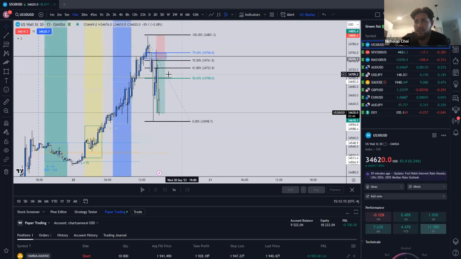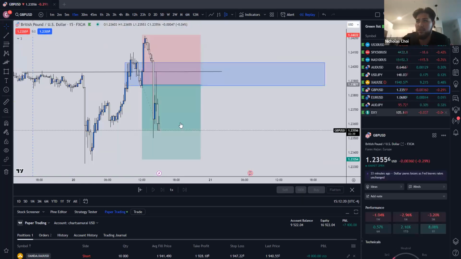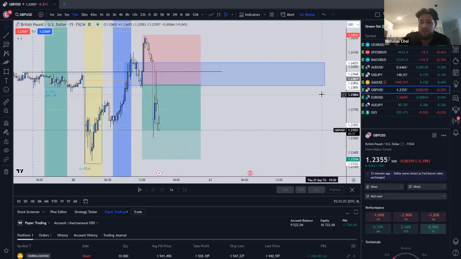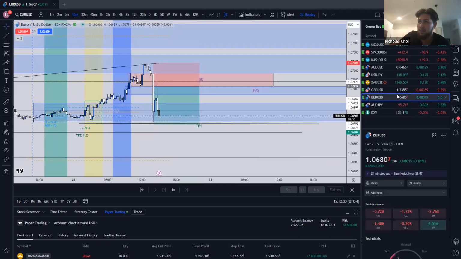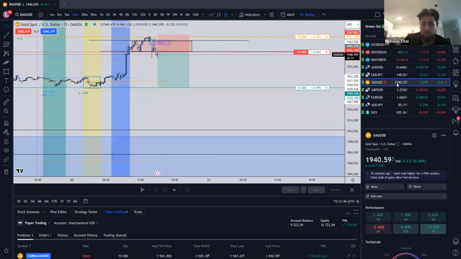For study purposes, again, US 30, great one that we called out. GU, absolutely wonderful. This is all you need. Right? So this is a good example too, because remember, we didn't get into GU, we didn't get into US 30, or we didn't get into gold because I took a loss on NAS, right? It's me personally, still marked it off, but I had to respect the risk, right?